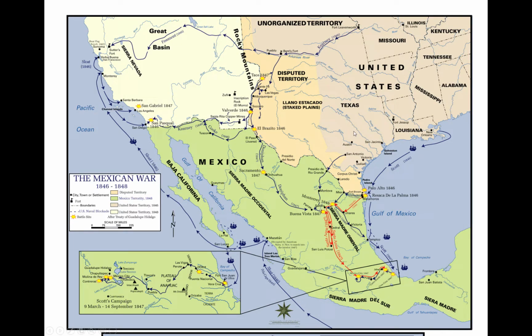So American soldiers went in and not only took Texas, they went in and took everything between Texas and the Pacific Ocean. All the areas of what is today the American Southwest, Arizona, New Mexico, and California. And they went into northern Mexico as well. What Polk wanted was manifest destiny. That is, he wanted even more territory than Texas, and he was using this war with Mexico as a pretext in order to take it.